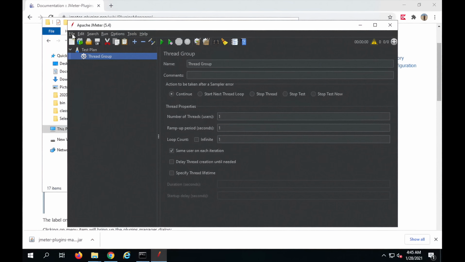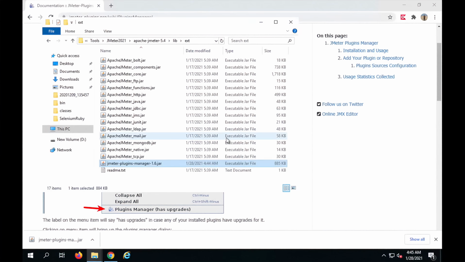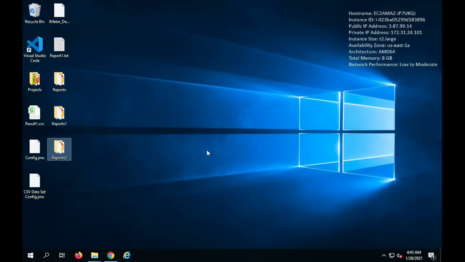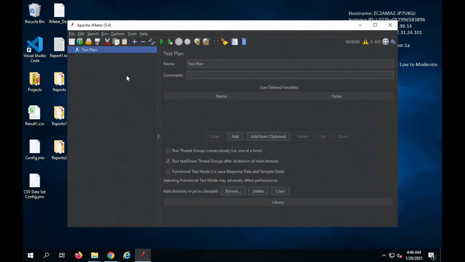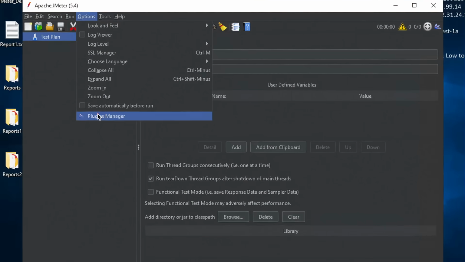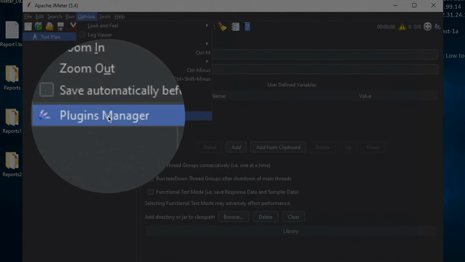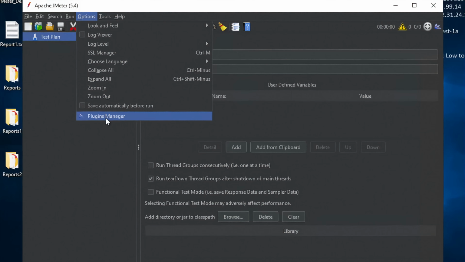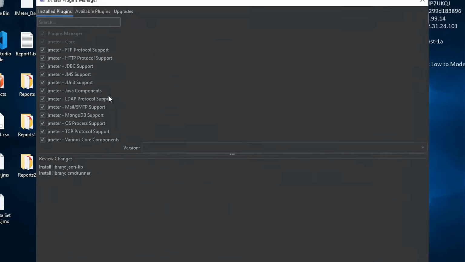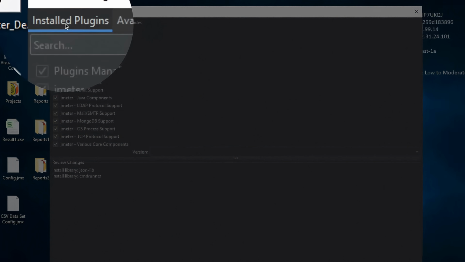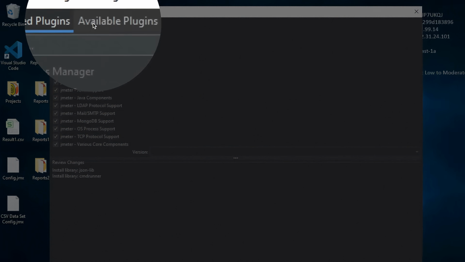I can go to JMeter file and click on restart. I will just restart it now and let us see. And you can see JMeter is restarted. So now if I go to my options, you will see we have got a plugins manager here. And now if I click on this plugins manager, you can see here we have 3 tabs: installed plugins, available